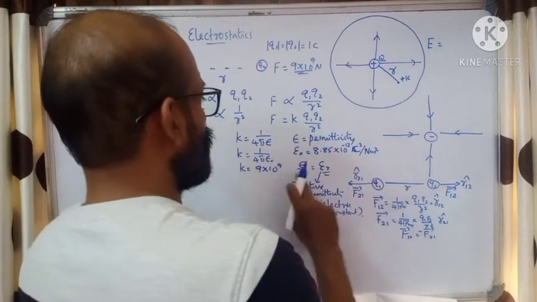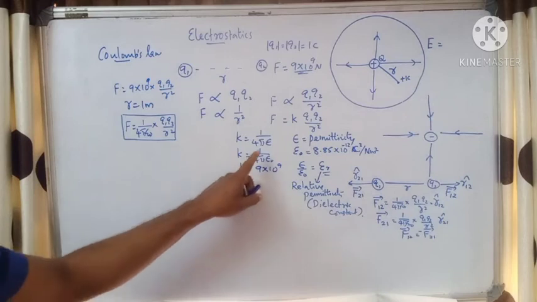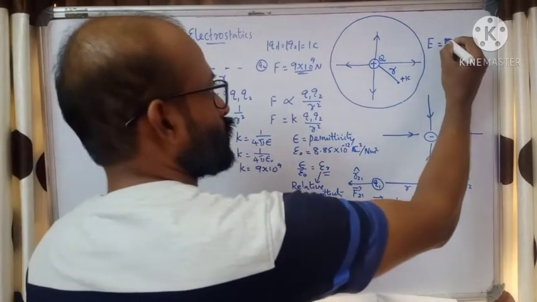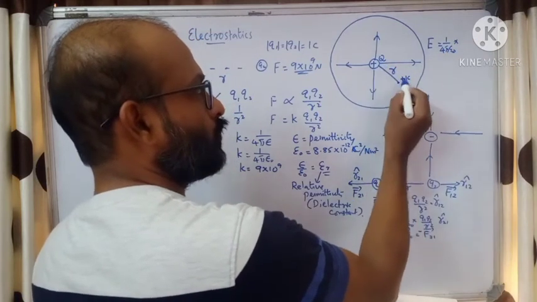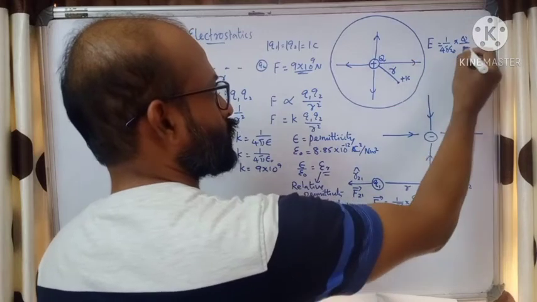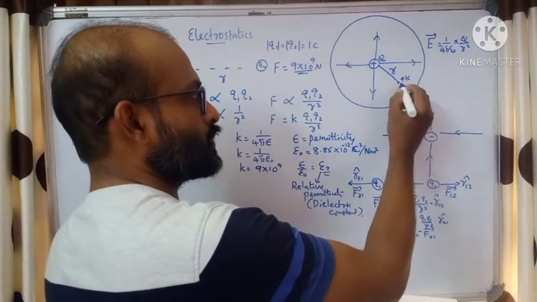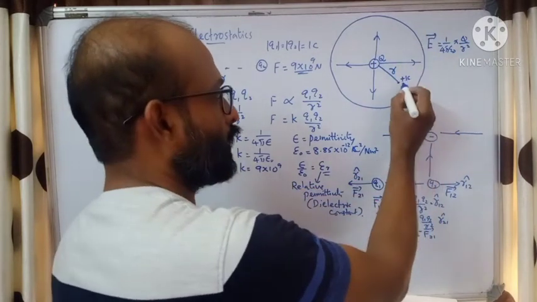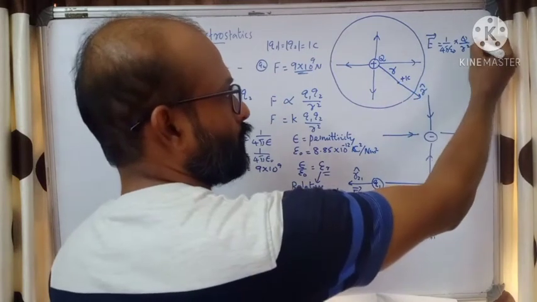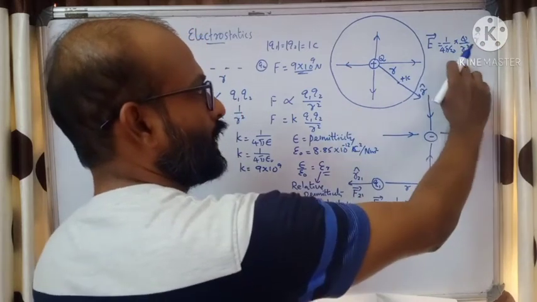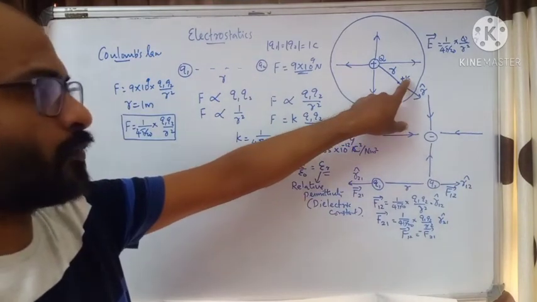Force is equal to 1 by 4 pi epsilon 0, Q1 Q2 by R square. Now Q1, Q2: Q into 1, that is Q divided by R square. This is the intensity. Okay. Since this is a positive charge, if you want to express it in vector form, we can imagine a unit vector outward like this. It is R cap, so it will be multiplied by R cap. This is the intensity directed away from the charge. At this point, we have placed a unit positive charge.